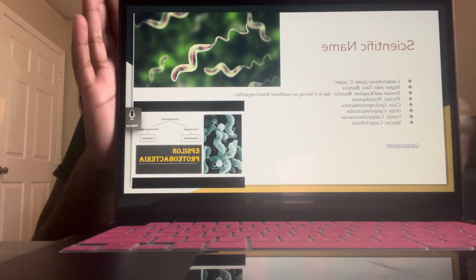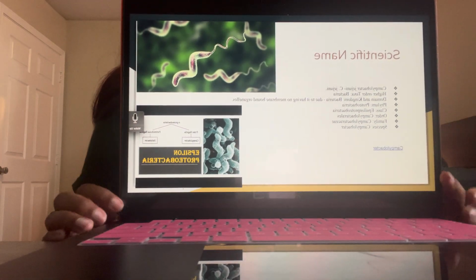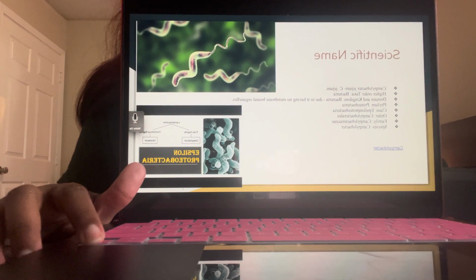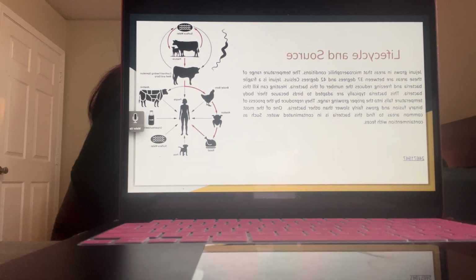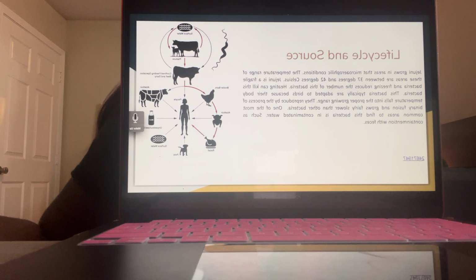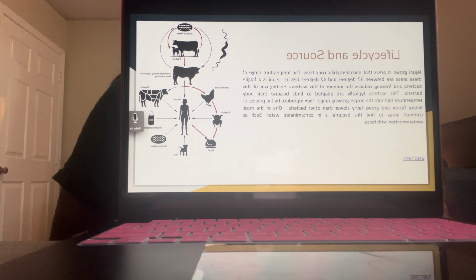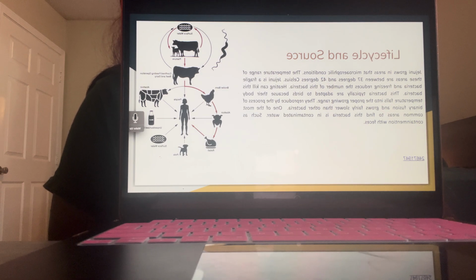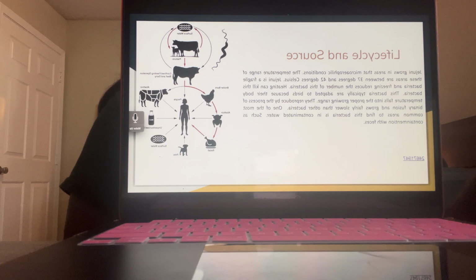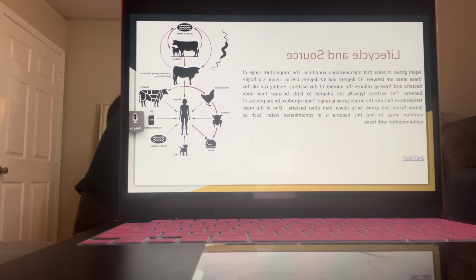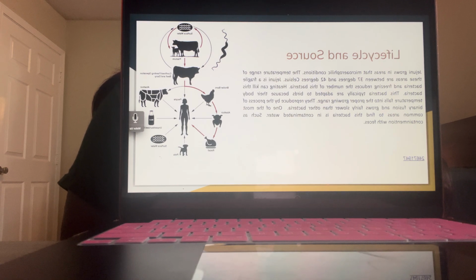And this is what it looks like. So, the life cycle of this pathogen. Jejuni grows in microaerophilic conditions, which means that they have low levels of oxygen. The temperature range this bacteria will grow in is between 37 degrees Celsius and